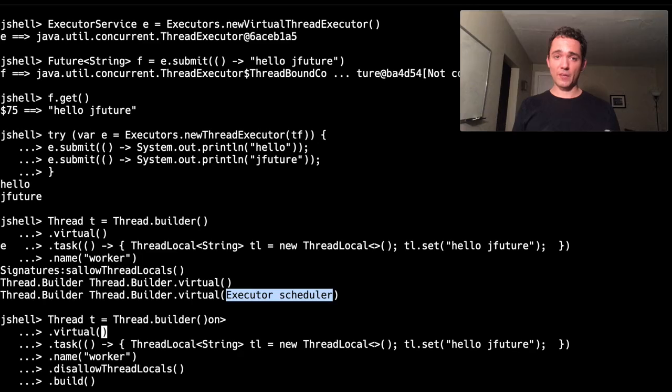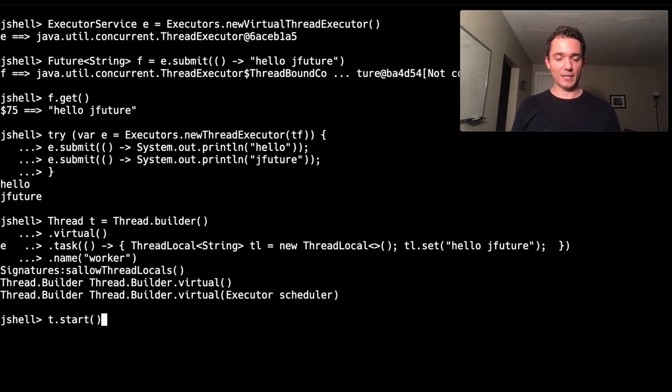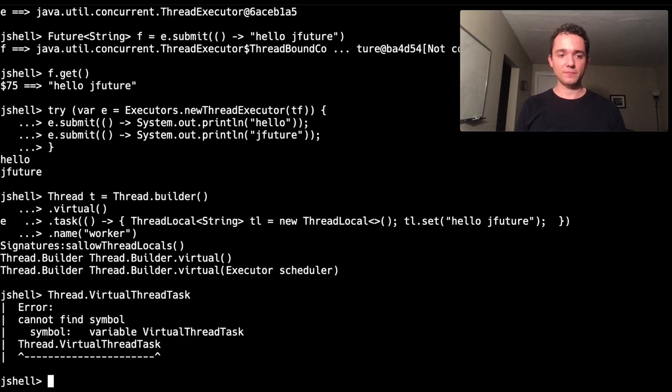So for example, if you're not happy with a global number of carriers, you could implement custom schedulers that delegate to different numbers of carriers based on the tasks. And as we've seen, executor is a very simple interface. It only prescribes one method, execute, which takes a runnable. And there's even an interface sort of extending runnable to represent the task for our virtual thread, and that interface is called virtual thread task. So this actually allows us to distinguish between virtual and regular tasks so that we can deal with blocking and